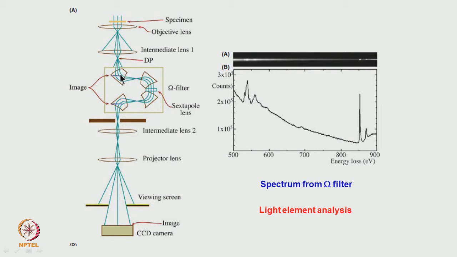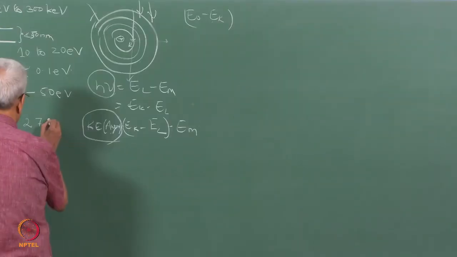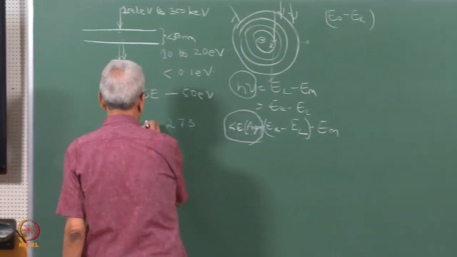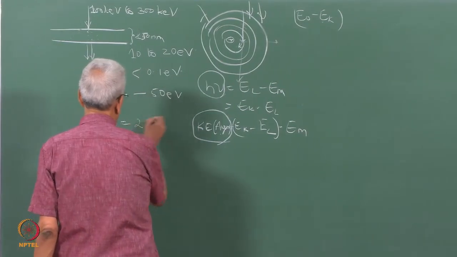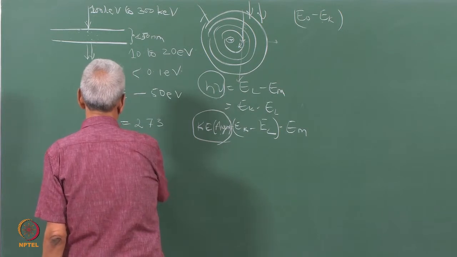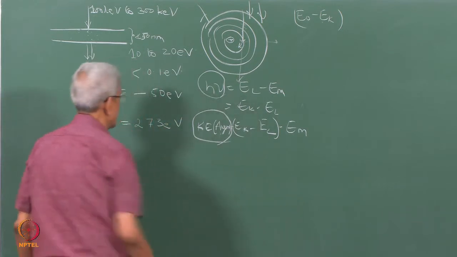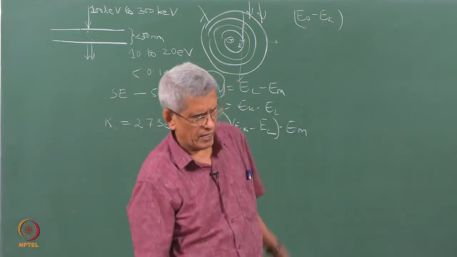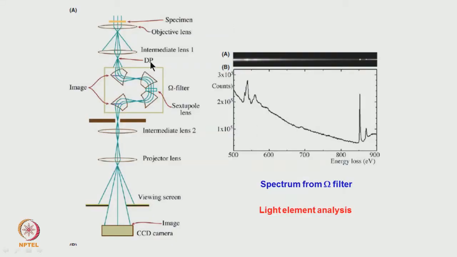And we know that if the primary beam interacts with that electron to remove it, in the case of carbon, it is about I think some 270 or 273, I do not remember that value. This is the K edge, the energy which will be required to remove an electron from the K shell, or 277, of this order. So, for electrons which have lost this definite energy, we can adjust the magnetic field in such a way that only those electrons enter that optical path and form an image.